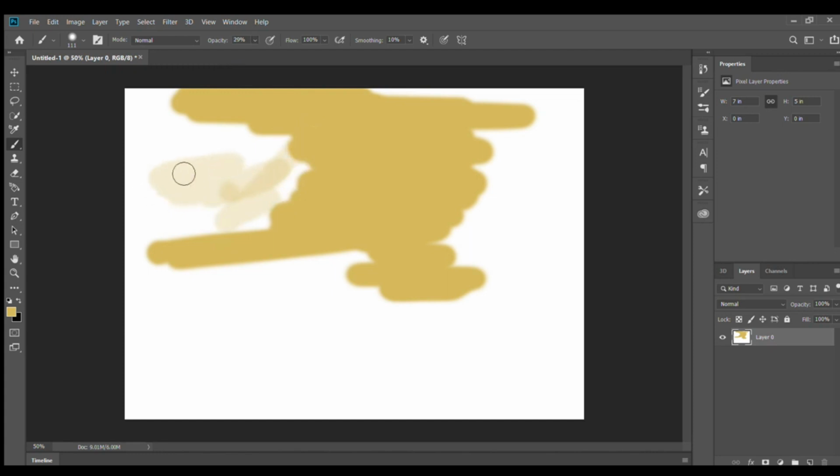See, when I decrease the opacity, the color is transparent. See, I increased it, so what you see, the color is opaque.